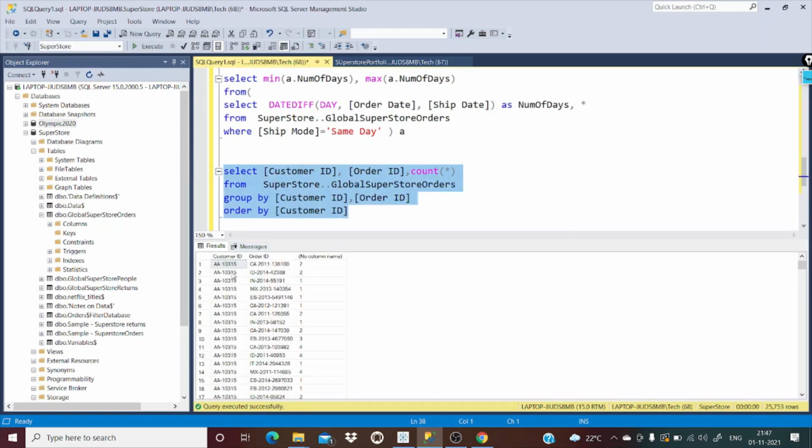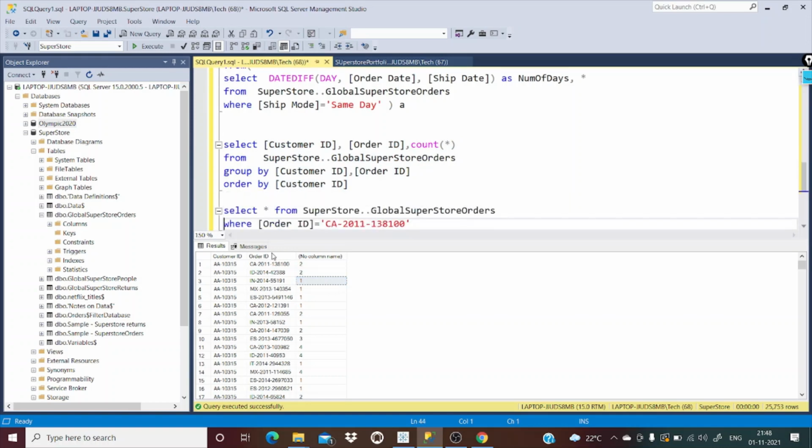For example, this customer has multiple orders. After this customer we have a new customer. This is what I meant by ordering. And then this is the order ID, and the number of items this customer has placed was 2. And then this customer has placed 1 order also, so that is what we are just checking.